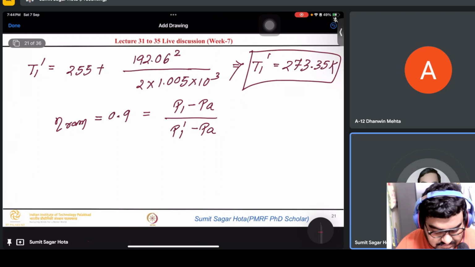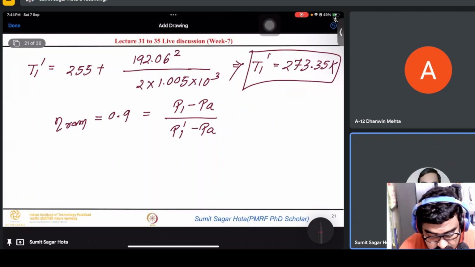Now we actually have to use the isentropic relation between the point 1 and A, right? Because anyway T1 and T1 dash is actually same, so